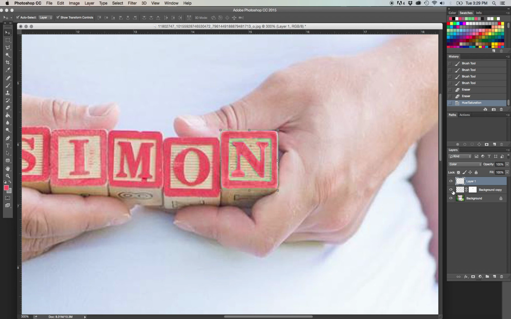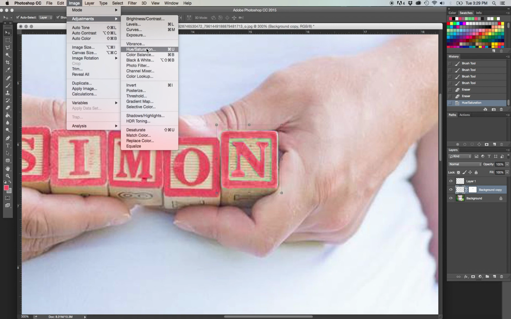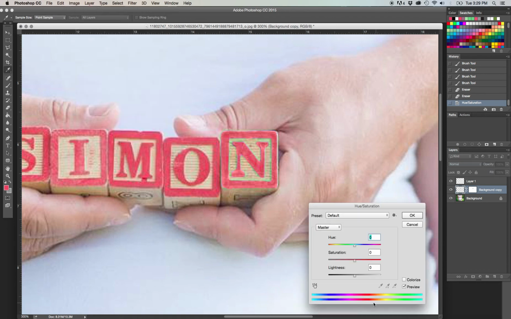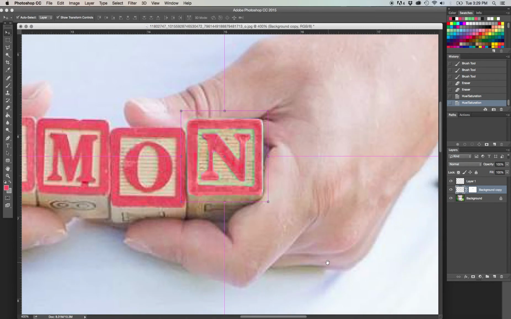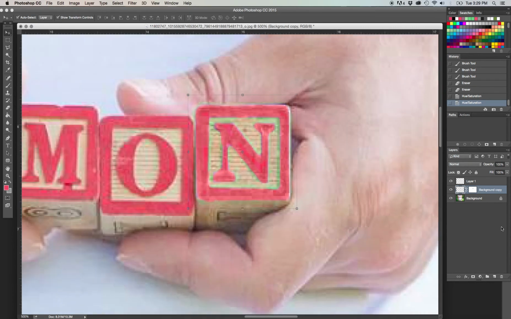You can also go back and do the same thing to this layer if you're not quite happy with the color of it. The hue and saturation is a pretty handy tool. I think we'll go back where I was with that. And it doesn't have to be absolutely perfect, as you see, this block is a little bit lighter than the other, so I think that's pretty close there. Pretty happy with that. But we still have the green to take care of, so we're going to zoom in,